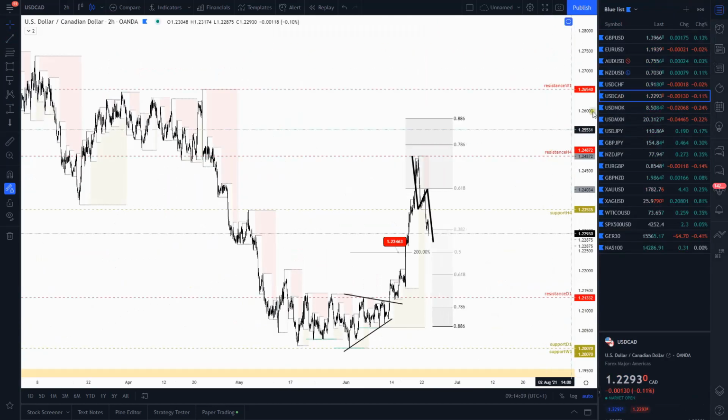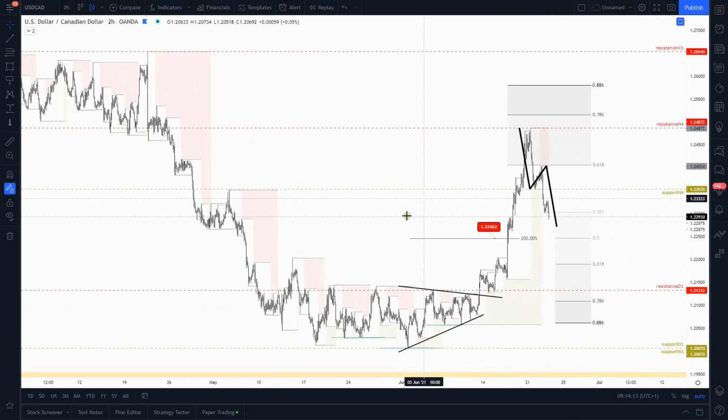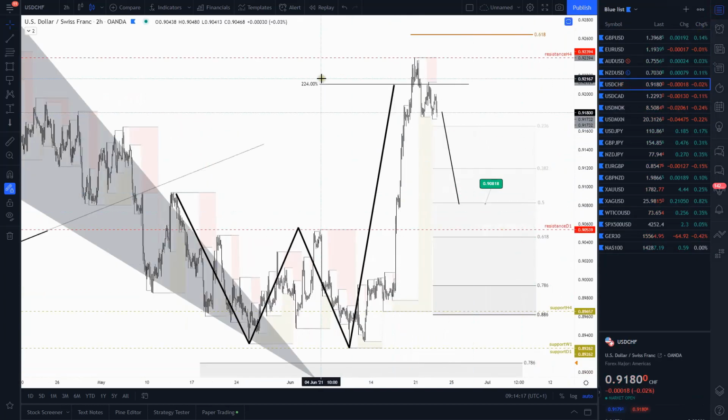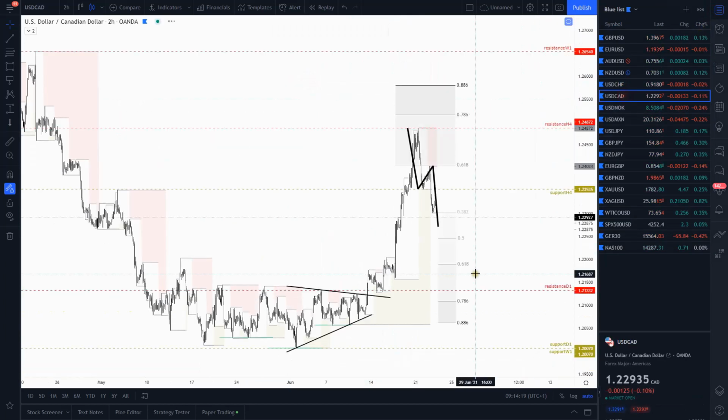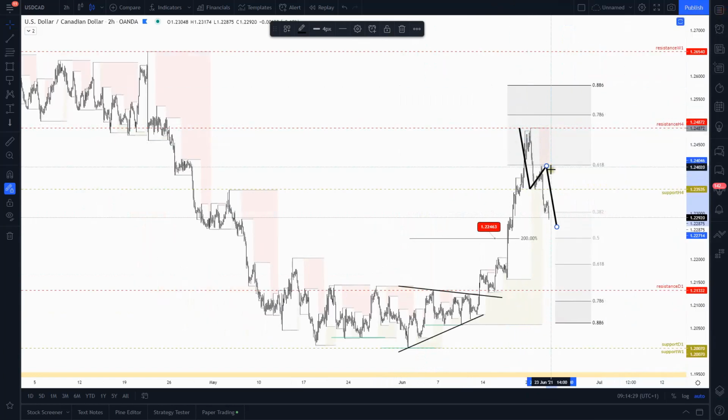Dollar versus the Canadian dollar, we have no clear or specific pattern printed, similar to what we have on the CHF with that 224% Fibonacci. We don't have that sequence for the Canadian. Three-wave structure, inverted, like all those that I showed you before. Let's see if this works as a correction after a sequence or a period of trading